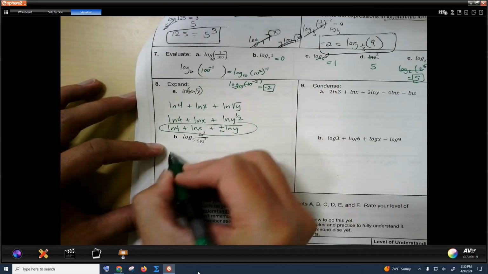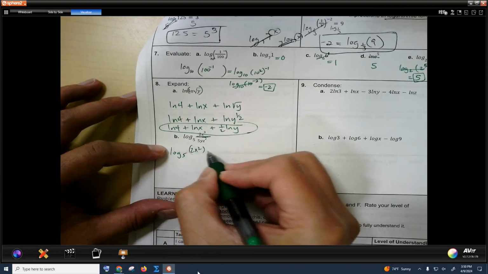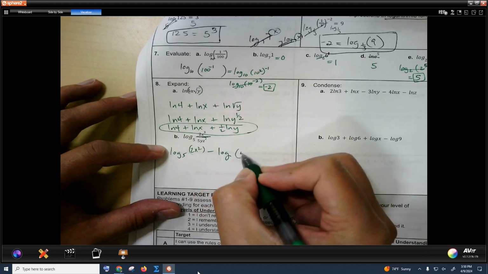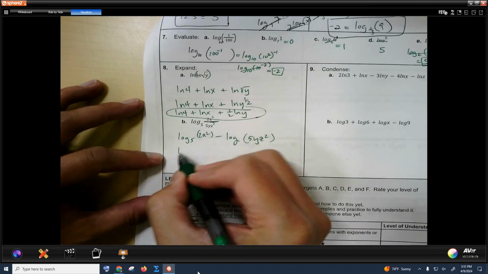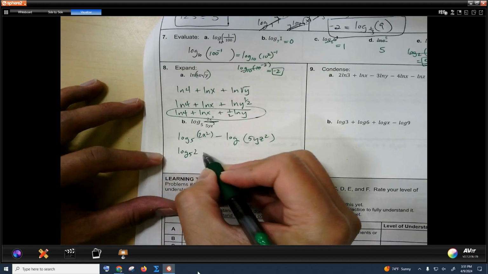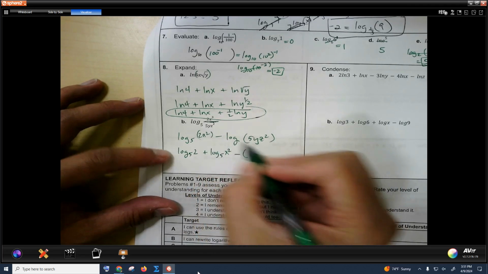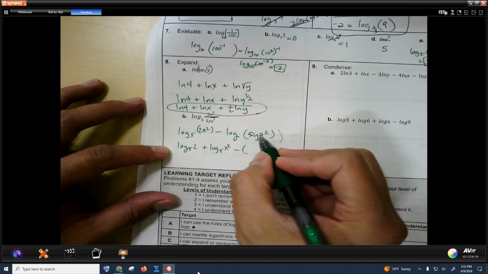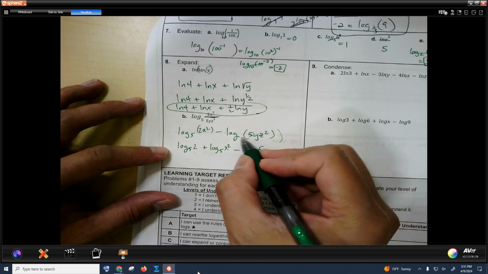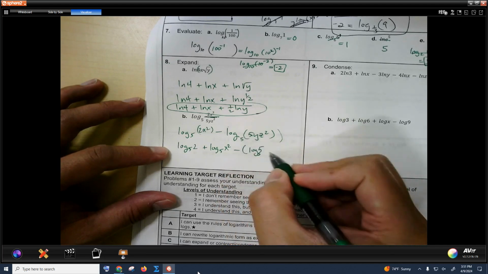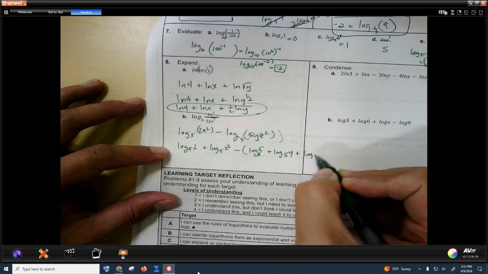Let's expand this one also. We're going to start off with that big quotient, which separates it with a minus, 2 separate logs. And then each of these has a multiplication, so this one's going to break to a plus. And then this one, put a parenthesis here, because this one breaks up to 3 logs down here. Oh, and they're all log 5. Log base 5 of 5, plus log base 5 of y, plus log base 5 of z